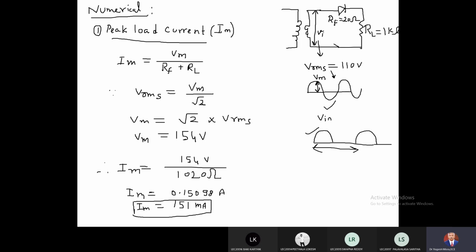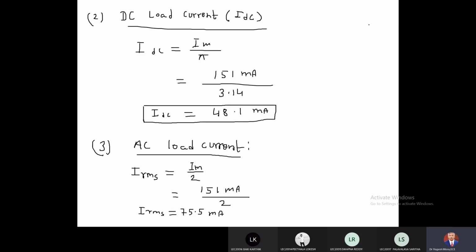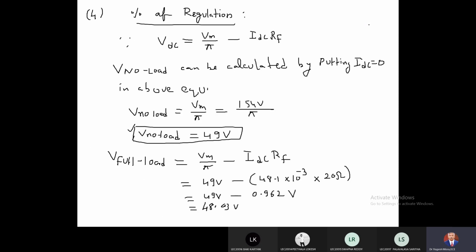See here in this diagram, if you will not connect this resistor, at that time you will get the voltage at no load, so it is coming 49 volt. The moment you connect the resistor here, RL, the load resistor, immediately the output voltage will decrease, right? And that is your voltage at full load, 48.03, right? You just think about the situation. If you are having a mobile charger, you connect the mobile charger in your AC supply, and you don't connect the mobile with that charger.